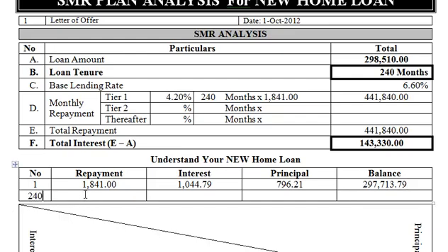Then what is the total repayment? You can use 1,841 ringgit multiplied by 240 months. You will get the figure of 441,840 ringgit. The total interest, which we have just calculated in F, is 143,330 ringgit. The total principal, which is the loan amount that you get,